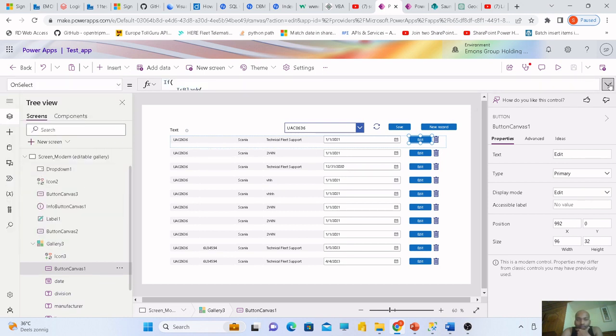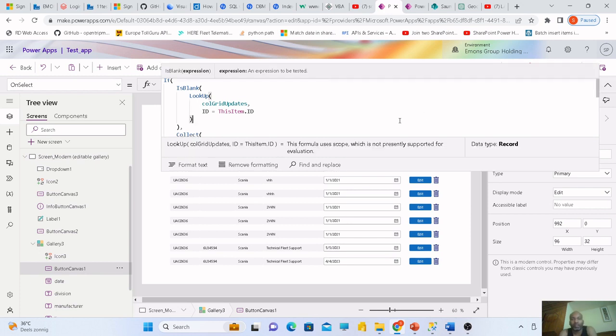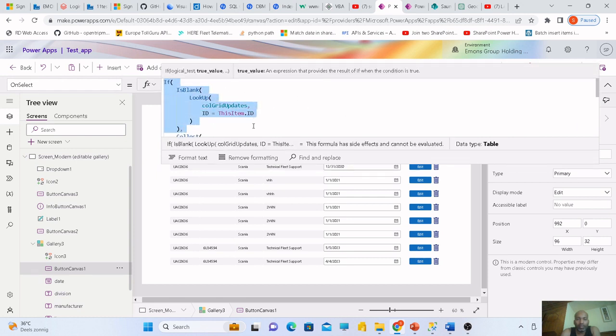Yeah, this one. So here is the creation of column grid updates, and this is the formula that needs to be added. For example, if it is the column grid updates, if there is nothing, then collect all the data, meaning if the row is non-existing,